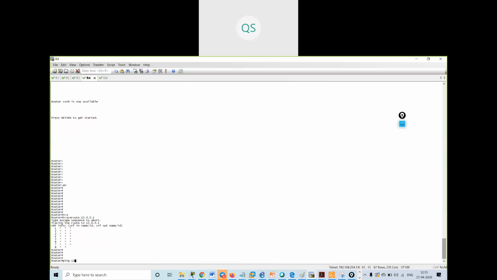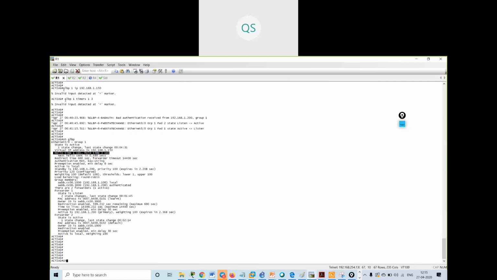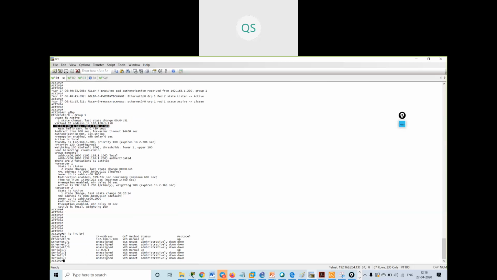Ping 12.0.0.1. So, show IP interface brief. Why is the ping not reachable?